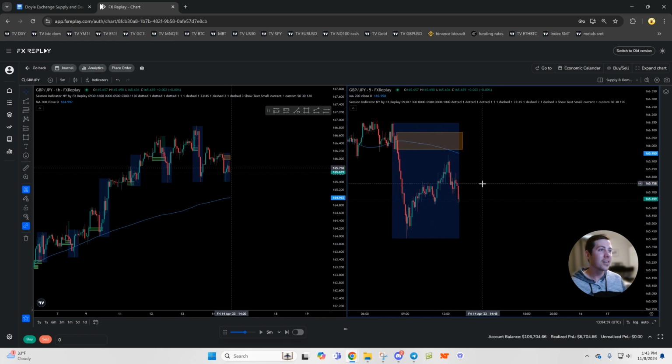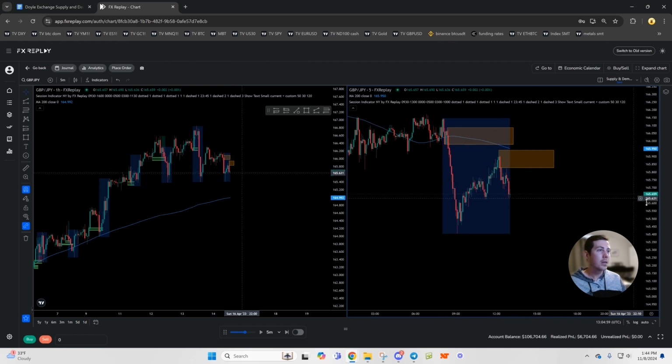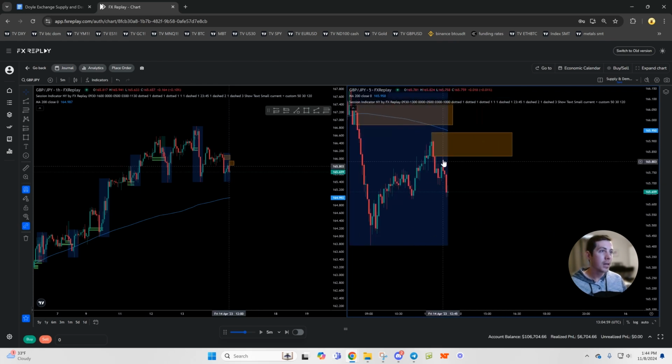Alright, so we did not get quite up to this level. Let me see if this other one would have tagged. I don't think it would have quite. So this last green candle ended up becoming another supply zone. And if this wick had gone up a few pips more, we could have looked for a short, but